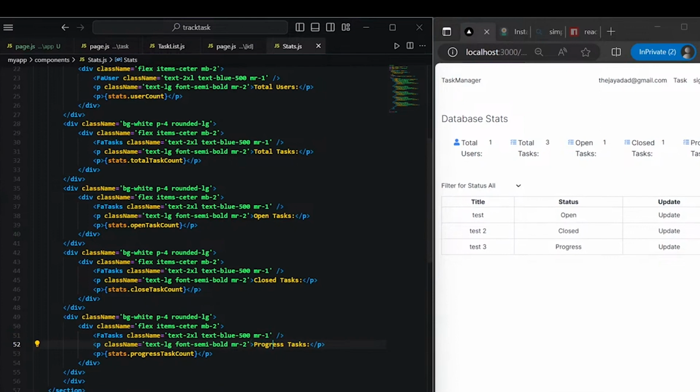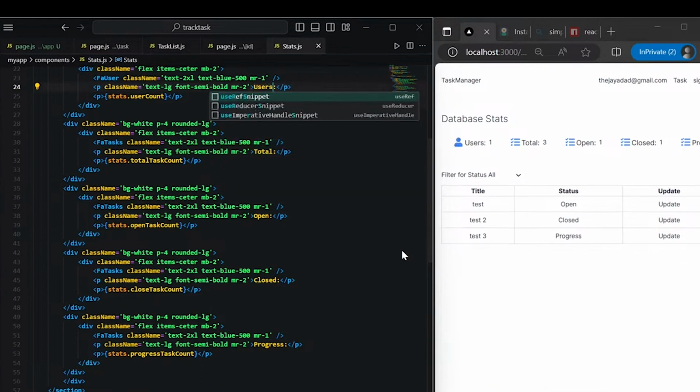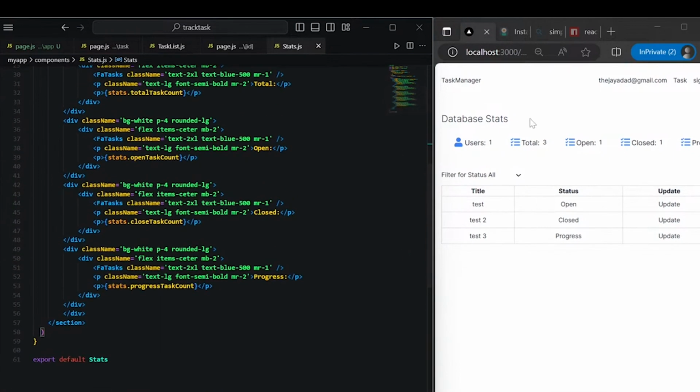And it shows a little better there. Well, actually, we can remove the task. I don't think we necessarily need it because it's already mentioned there. So we'll remove this. And we'll just go with users. We'll save it. Okay. All right, so we have the stats being displayed,